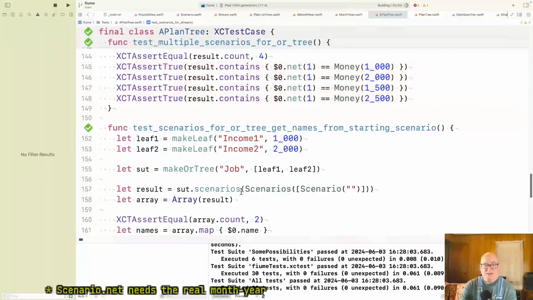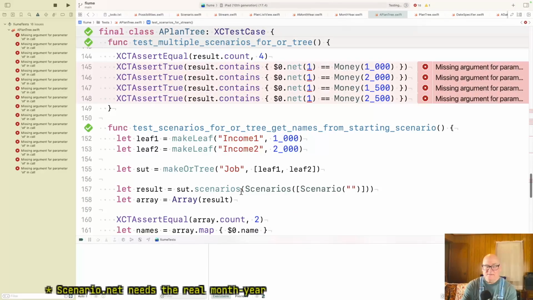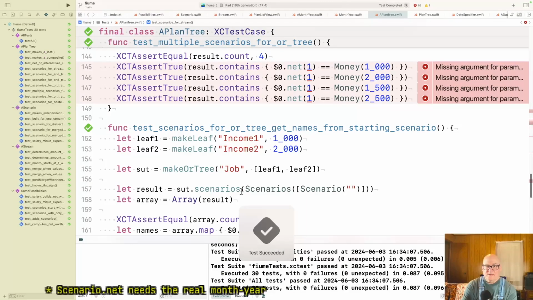Well, we know how to get a bunch as soon as we try and touch scenario.net. The trick is, I'd like to find a way to not break all those things, but basically I can leave it as an optional argument and add the new month year and it won't break. So I guess I'm okay.